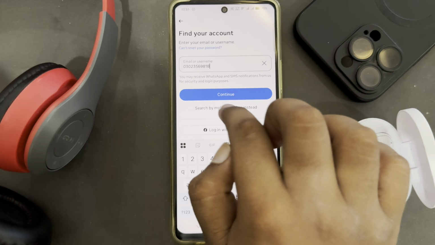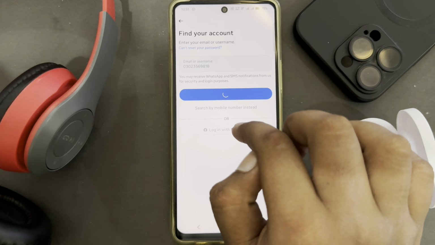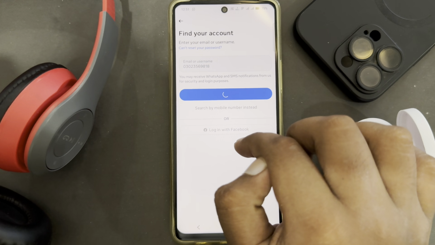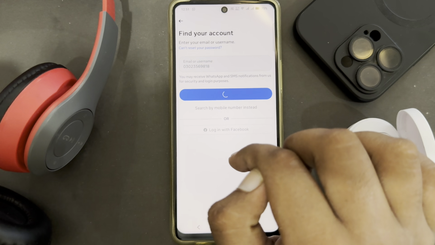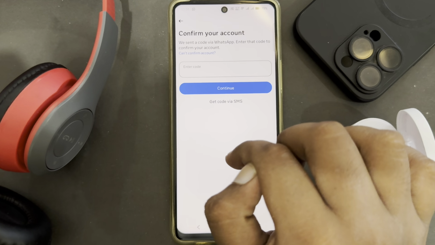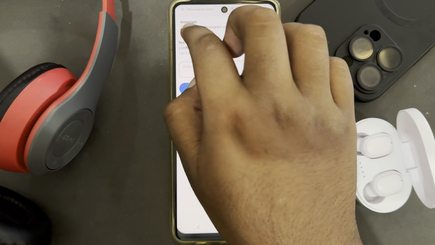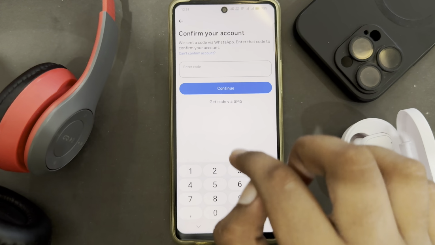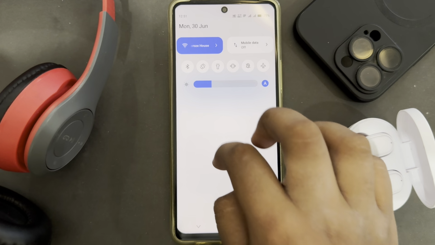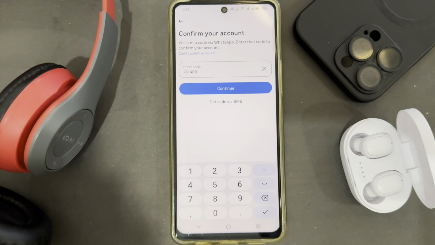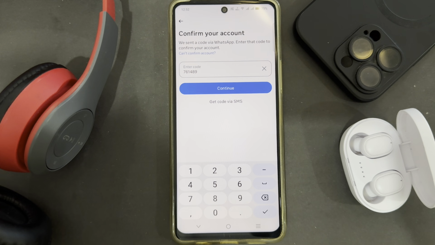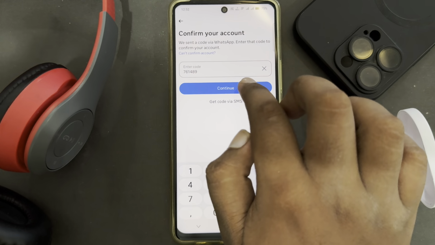As I have entered, so now tap on continue, and after that Instagram will send you a code on your phone number as I have gotten, so just enter the code here. As you can see, I have entered my code. Now tap on continue,